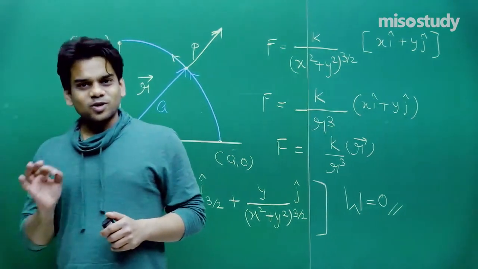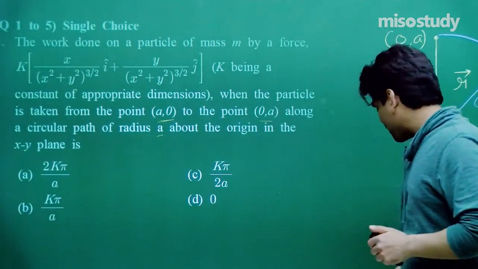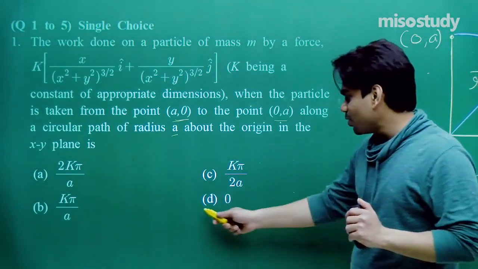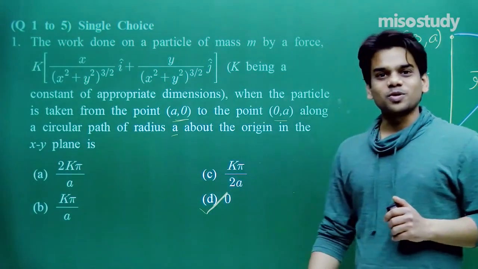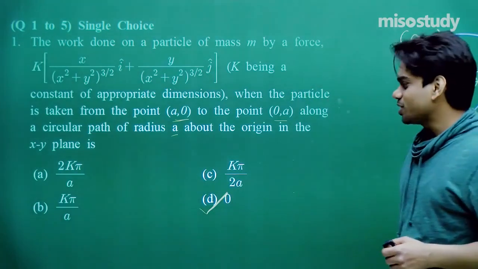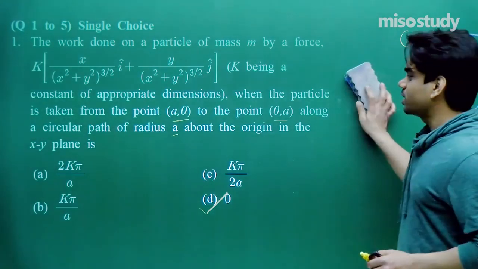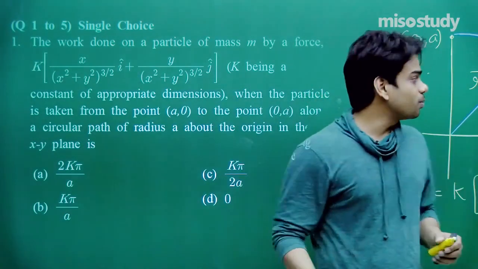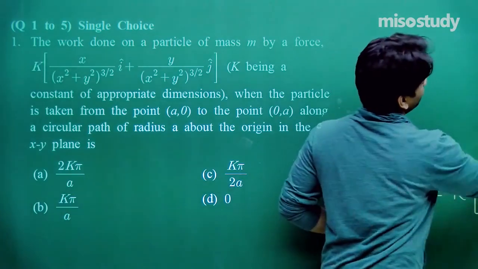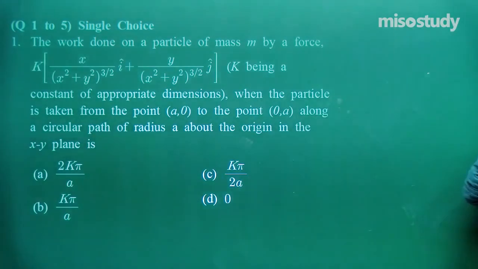Now, I believe you would have understood, although the question seems complicated, the answer is simple. If you know simple logic, how to frame it, you can mark the right answer, that is option number D. You need not get confused with all the given numerical and options. Option D, that is 0, because both force and displacement will be perpendicular at every point along its path. It was a good question, asked in a previous year JEE Advanced paper. It will be very helpful for you all.